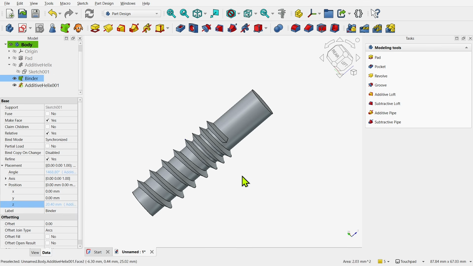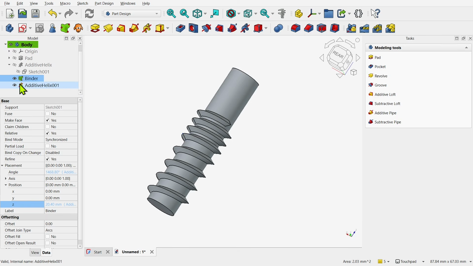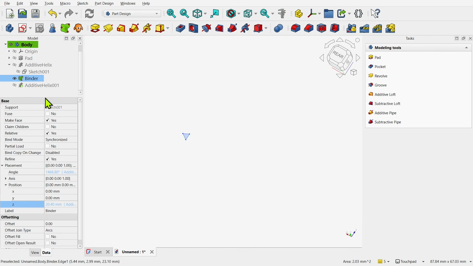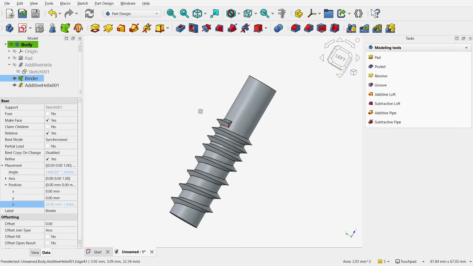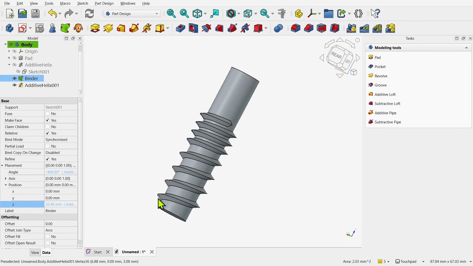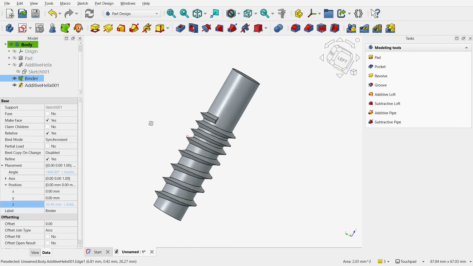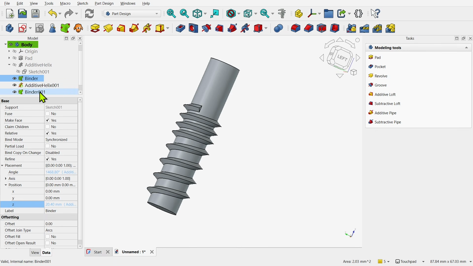The reason being is that it's at the position, and we can't really see it there. Let's hide this one. So it's at this position of where we started the upper helix. So we just need to offset from this position to this one here. If we took the original sketch, then we would have to add the height and the second height, and also with the angle, we would have to add those two angles together. This saves you that bother. So let's take the binder and then create a SubShapeBinder of that binder. This time we take the binder,